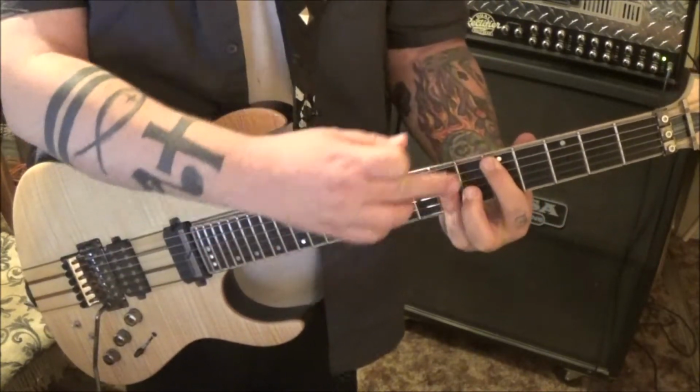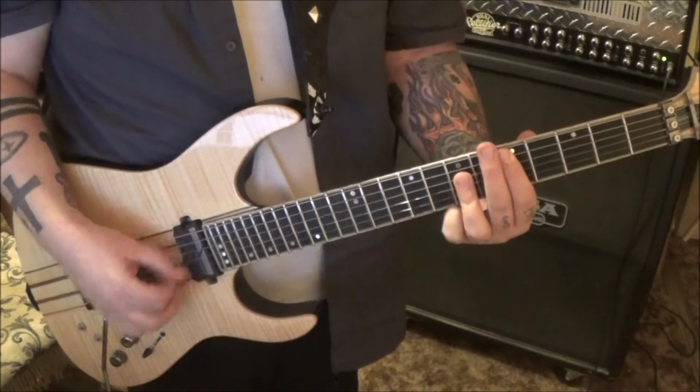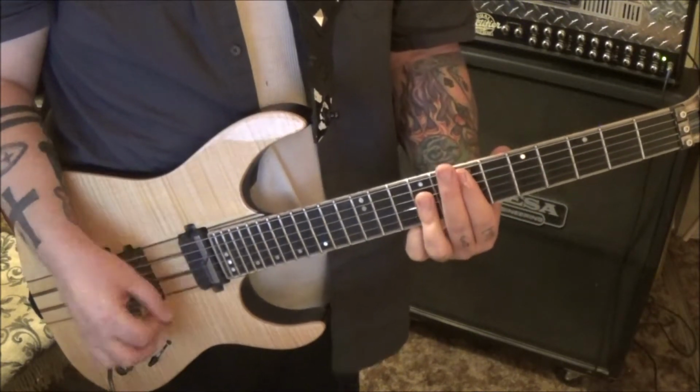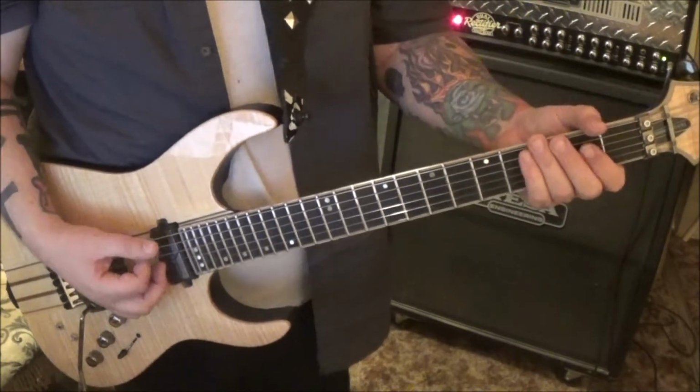5, 7, 7, 7, strings 5 through 2. That's a D major. That's a half note. Gets 2 counts. And then move it up a whole step to an E major, 7, 9, 9, 9. That goes 6 times. I'm going to play the 5th and 6th time and show you what happens. The 6th